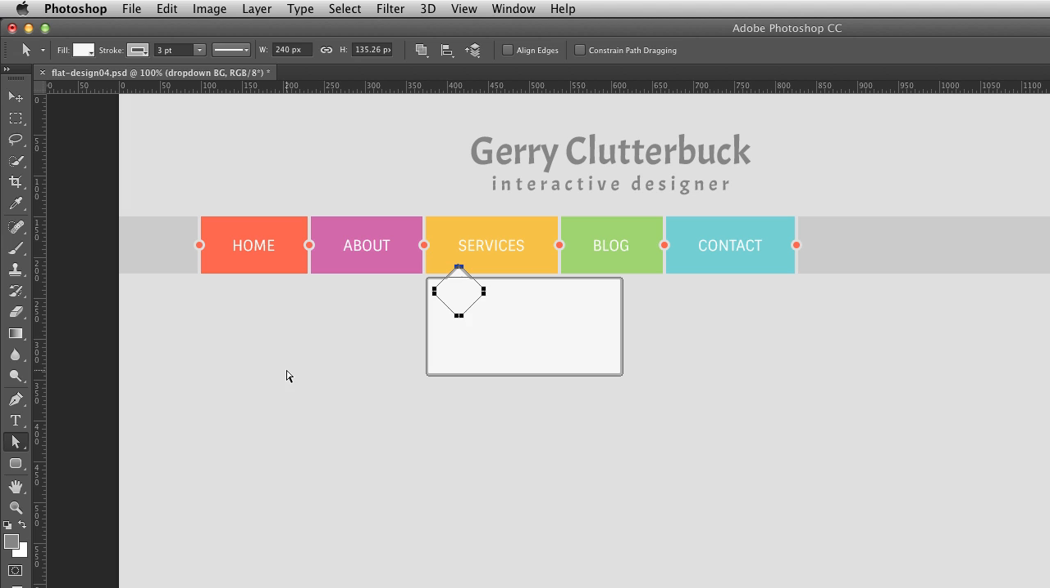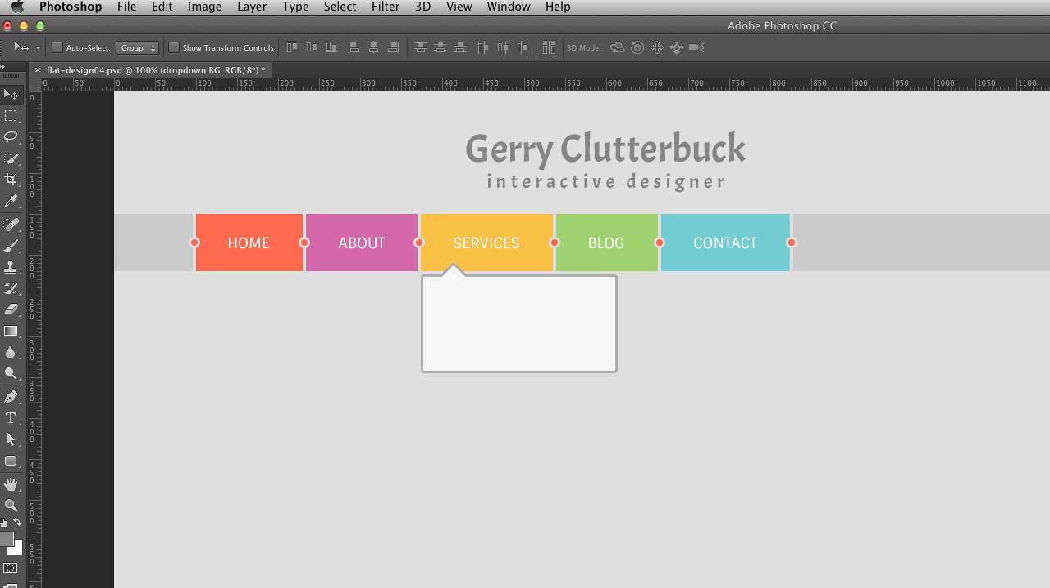And we can see that even better if we hit V now to switch to the Move tool. You'll see that it combines those two shapes together and gives us the end result, and it just puts a stroke around the entire end result. So that's our background. Let's go ahead and put that inside a group, because we're also going to put some